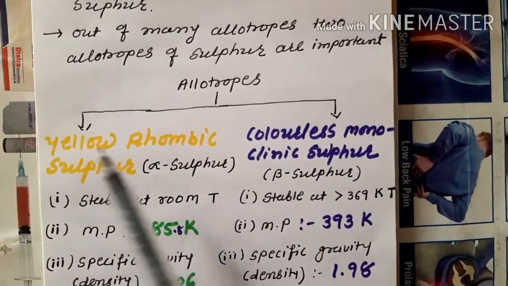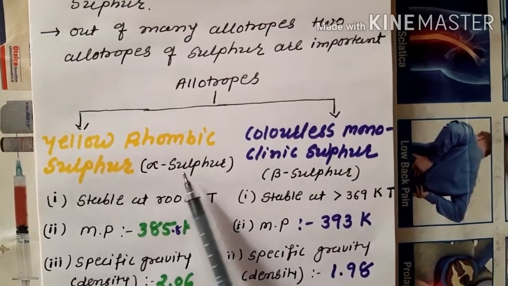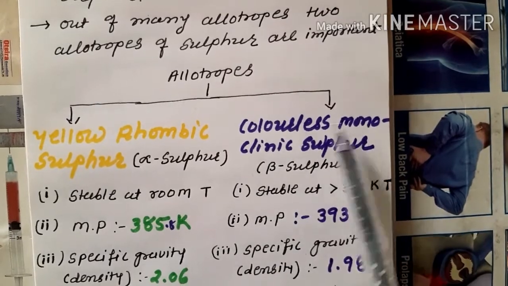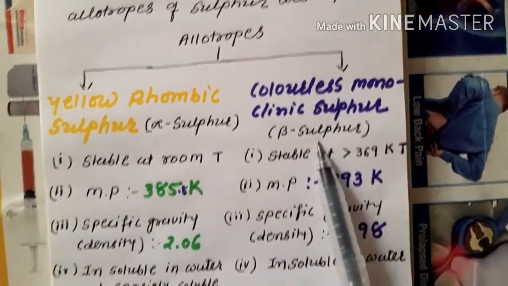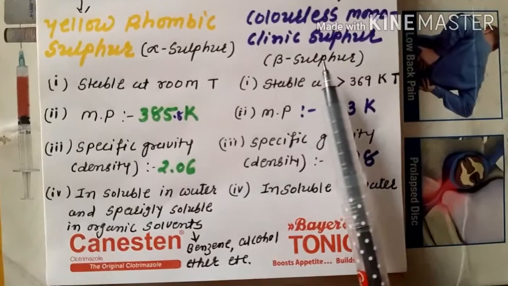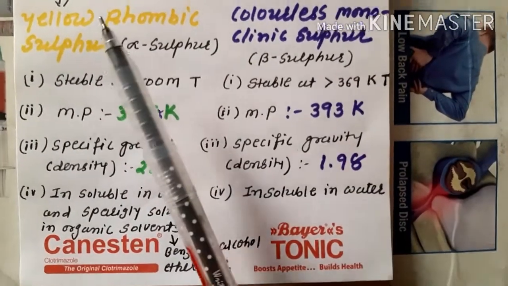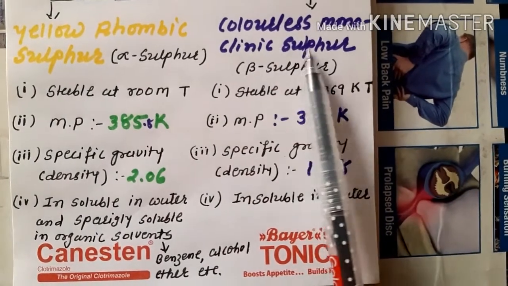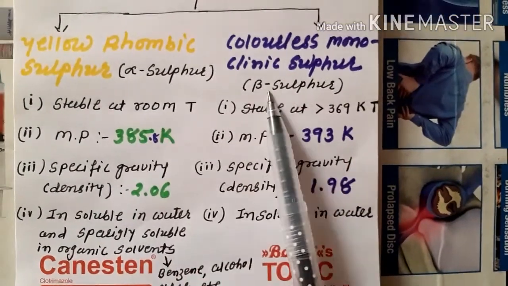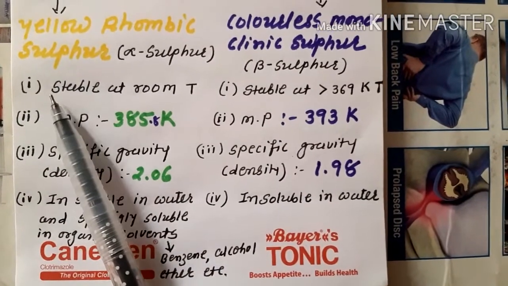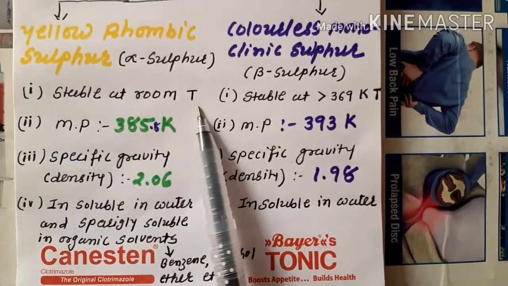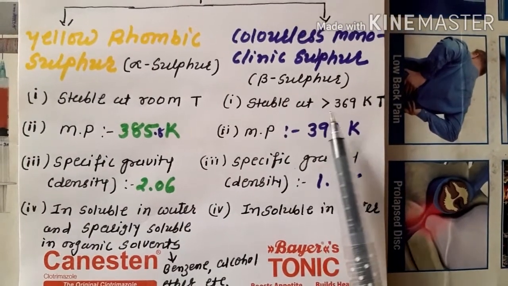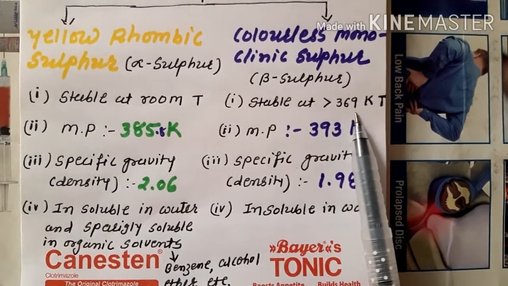Among them, first one is the yellow rhombic sulfur. It is also called alpha sulfur. Another one is the colorless monoclinic sulfur. It is also called beta sulfur. Let us discuss some differences between the yellow rhombic sulfur and colorless monoclinic sulfur, or we can say alpha and beta sulfur. So rhombic sulfur is stable at room temperature, and monoclinic sulfur is stable at greater than 369 Kelvin